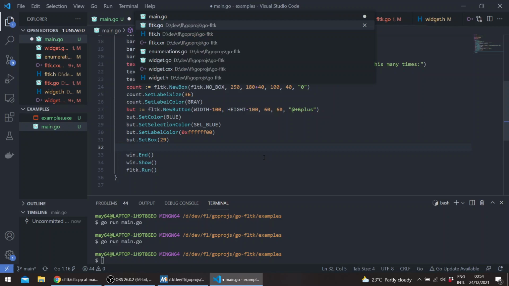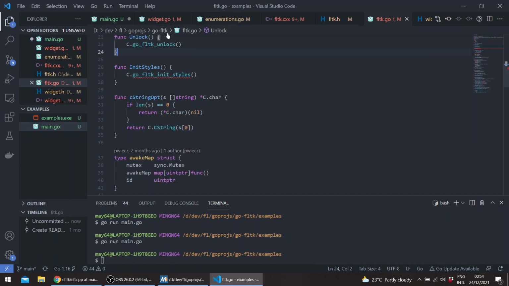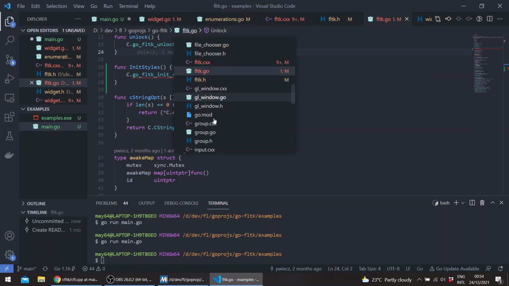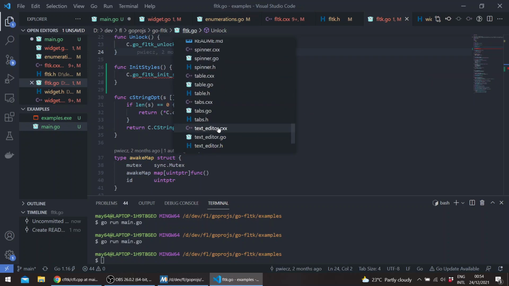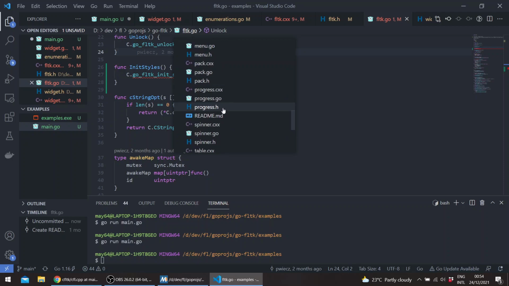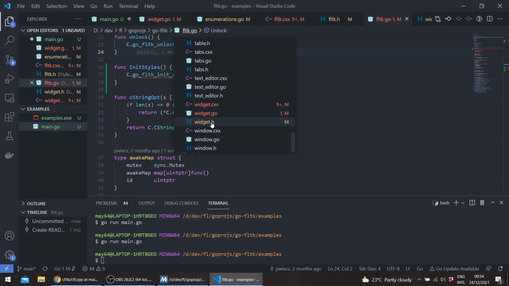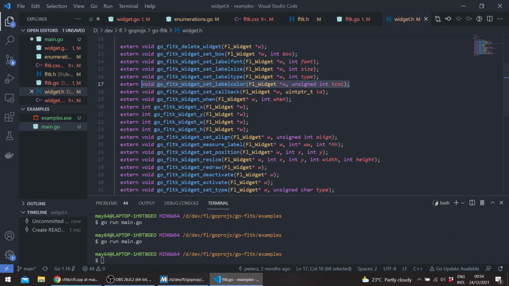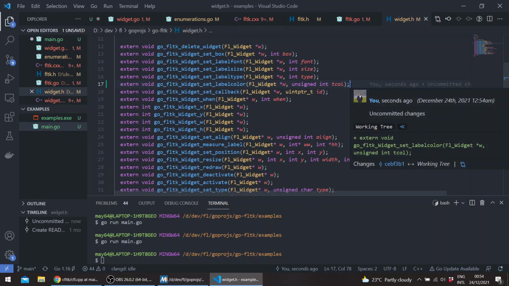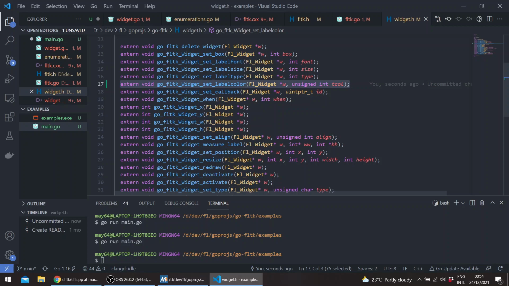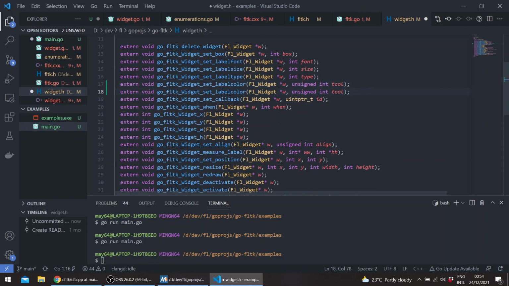So we might need to add it. Let's go here, then button or widget. So this will be clear visible focus